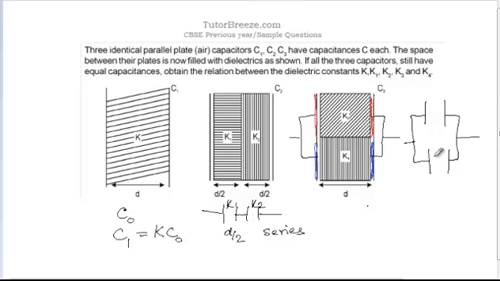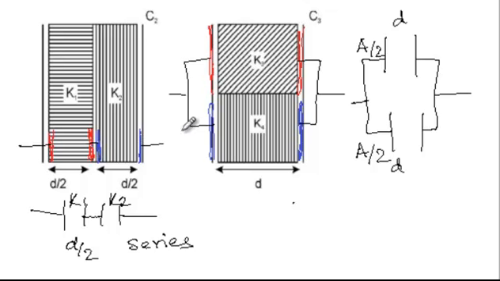The distance between these plates of the capacitors is D in this case, but the area of these plates is half the original area. So the area of each of these plates is A by 2. We can draw a similar situation over here just to show that these two are in series. This is one capacitor, and this is the next capacitor that is joined in series with the first capacitor. So these are the two capacitors joined in series with each other, and these are the two capacitors which are joined in parallel with each other. We look at them one by one now.